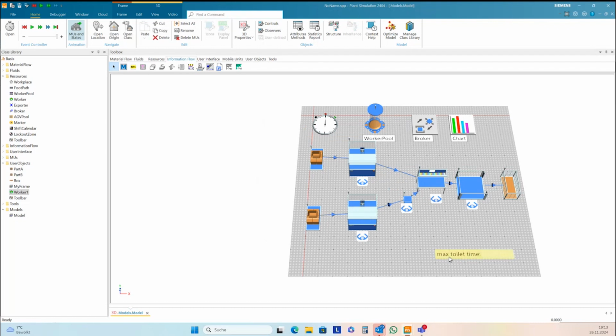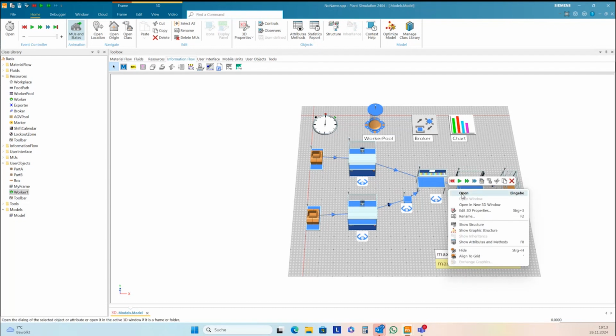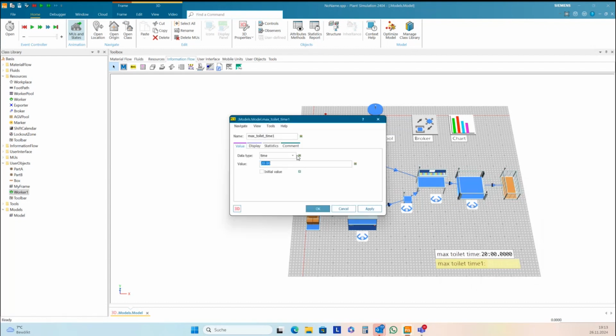And then I need a minimum toilet time, if you are really in a hurry, if you have a rush and not much time, or you don't need so much time for your business there, and maybe it's 2 minutes.